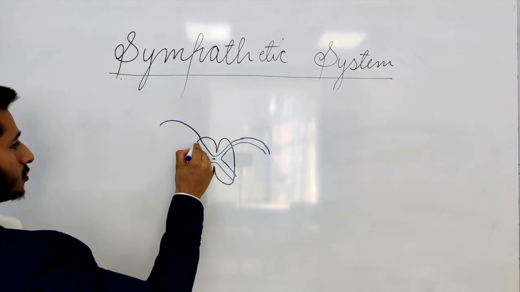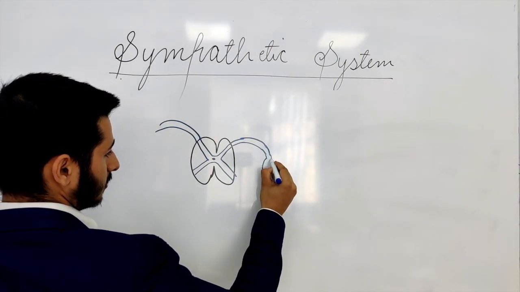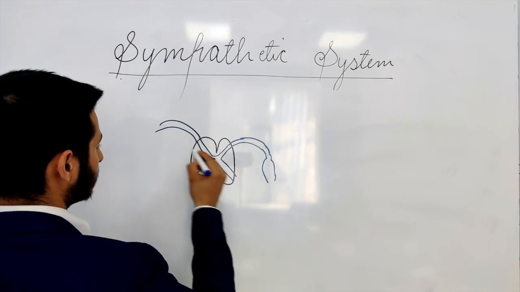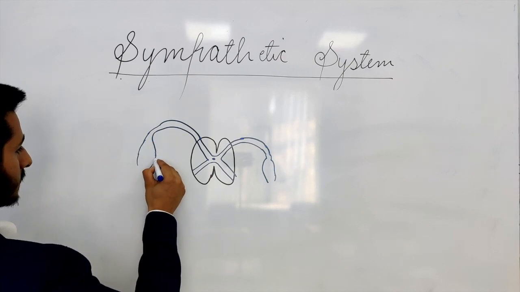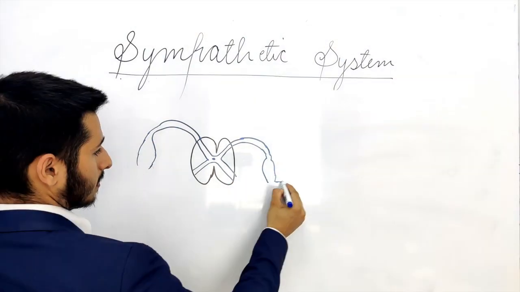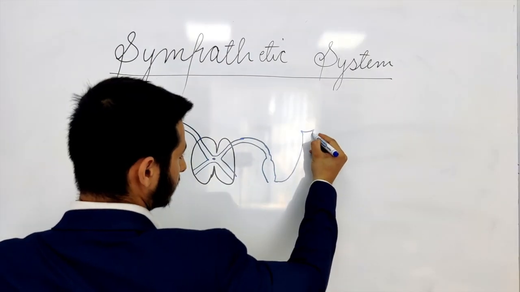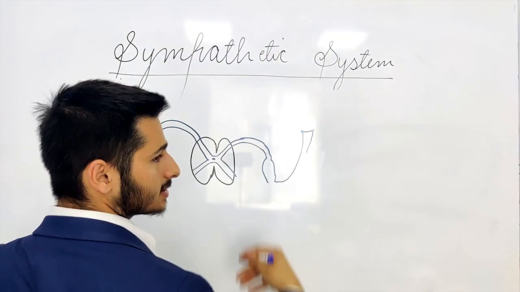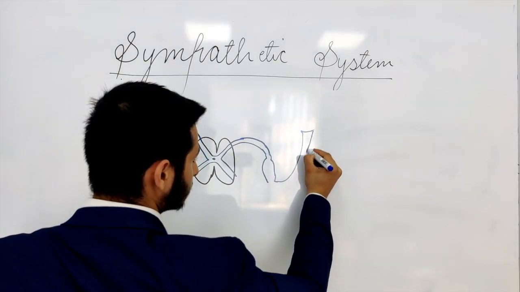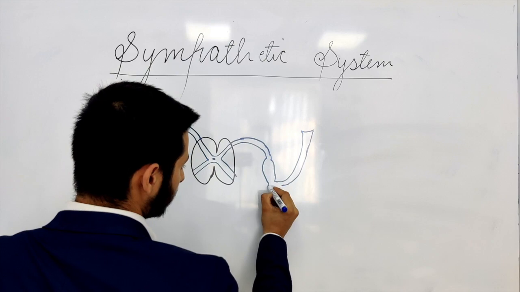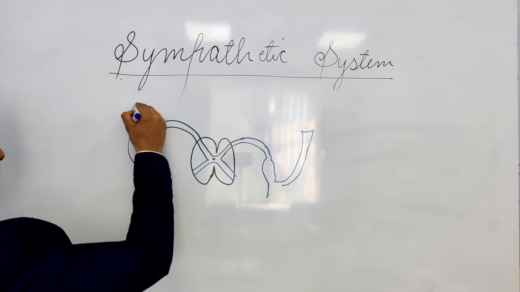These are the posterior roots of the spinal nerves, and they further give off a posterior ramus. Ramus means a branch, and when it's singular we call it ramus, when it's plural we call it rami. So this is a posterior ramus right here, and this goes the posterior ramus here as well,